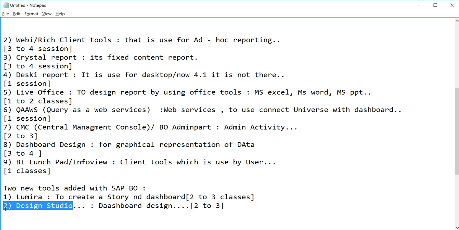Earlier it was not in my company and there was no requirement, but now I have a requirement to design one dashboard in Design Studio. So I'm learning, and I'll explain in the last session. In the two to three classes, I'll design one dashboard in Design Studio: how to connect Design Studio with the universe, how to design a simple dashboard, and how to publish that dashboard in the CMC.